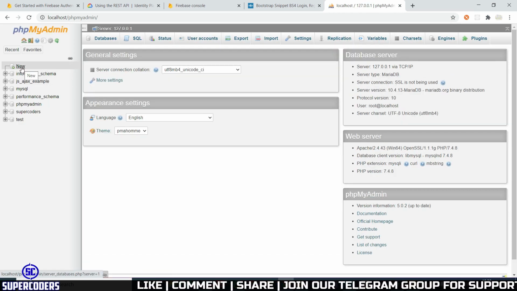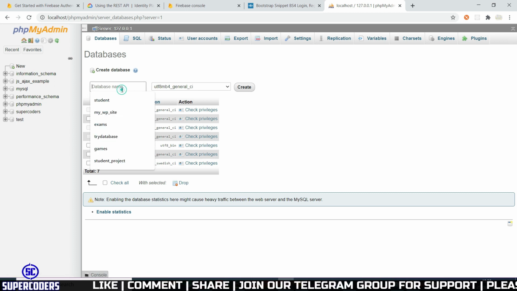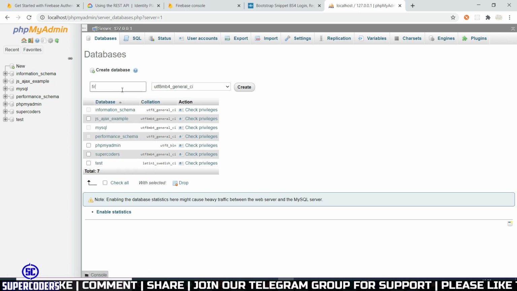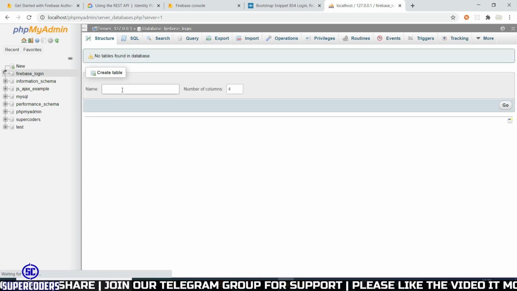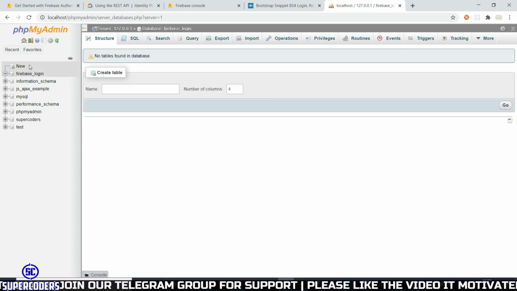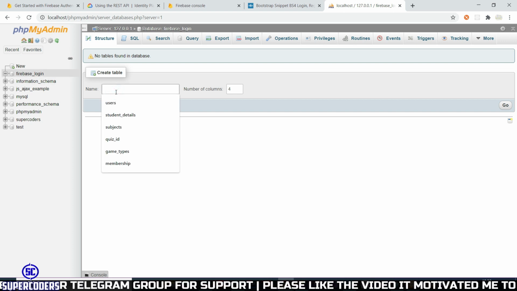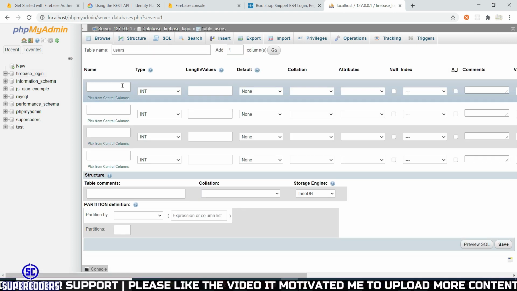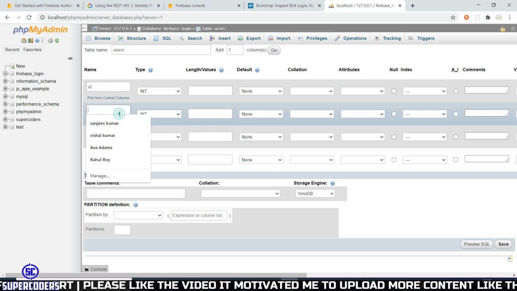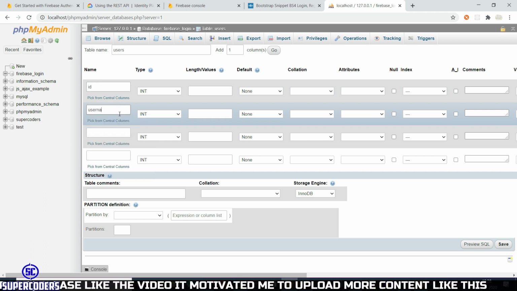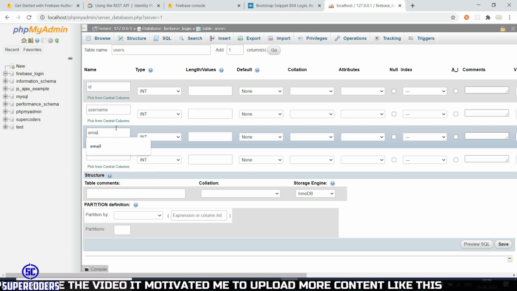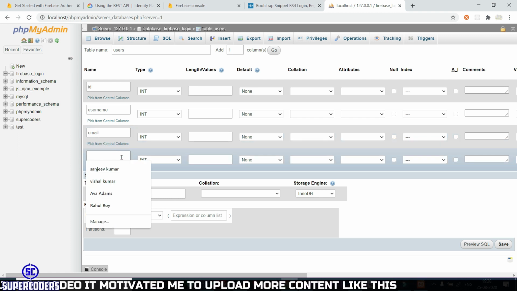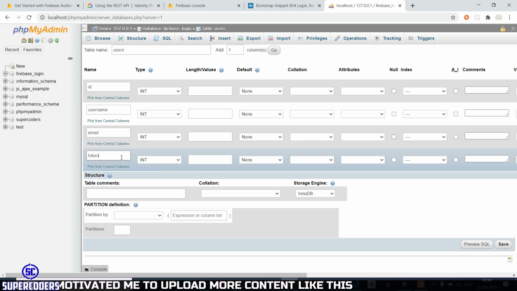Now let's create a new database. So login Firebase login. So my database has been created. Now let's create a table. So users, and giving values: ID, username, email, token,